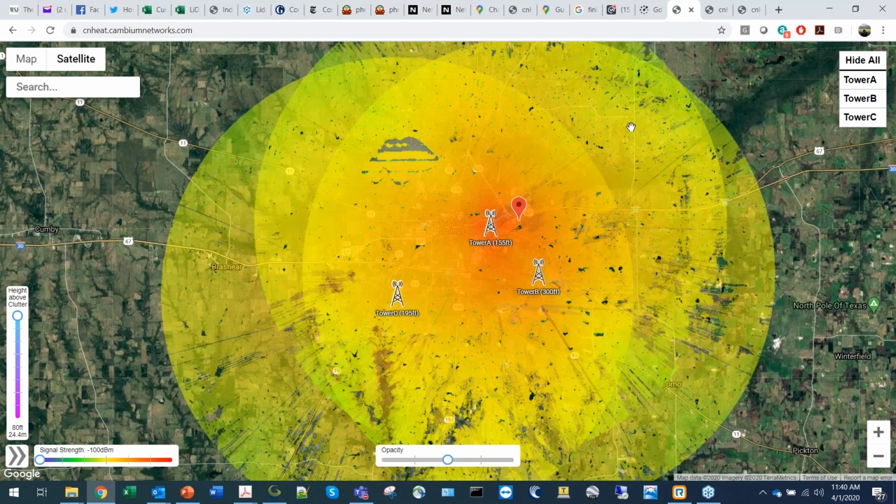Okay, here we have an overview. We have a demo site, and it is in Texas. What the tool allows you to do is see, at every square meter, the optimal height to install your subscriber, the minimum height you can install your subscriber. So pretty powerful, right? You can go anywhere and figure out the best place to install your subscriber in latitude, longitude, and height.